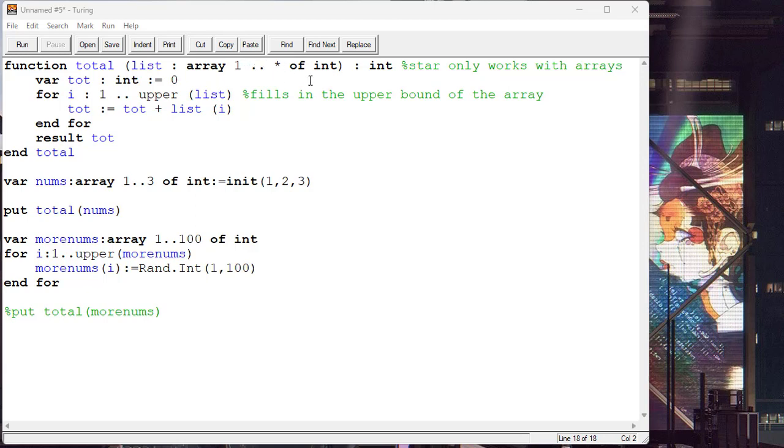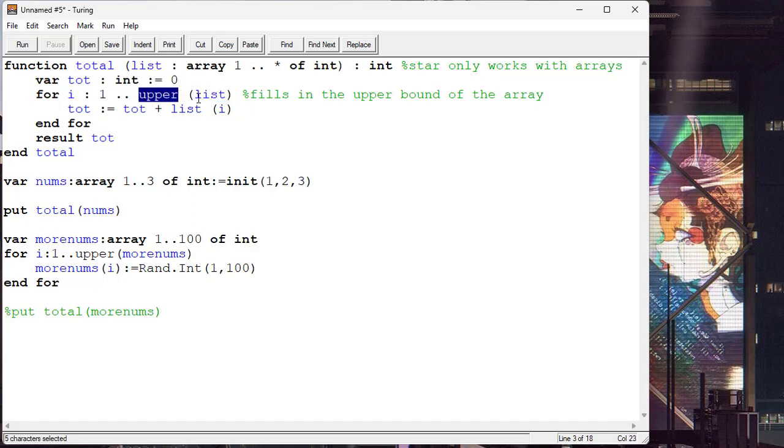So it's going to take an array, it's going to output all the elements added together. So we need a local variable. In this example, the local variable we'll call t, short for total, will be an integer. We're initializing it to 0, and then we're going to cycle through all the elements in the array using a for loop. Once again, we don't know how big the array is, but we don't really care because the upper